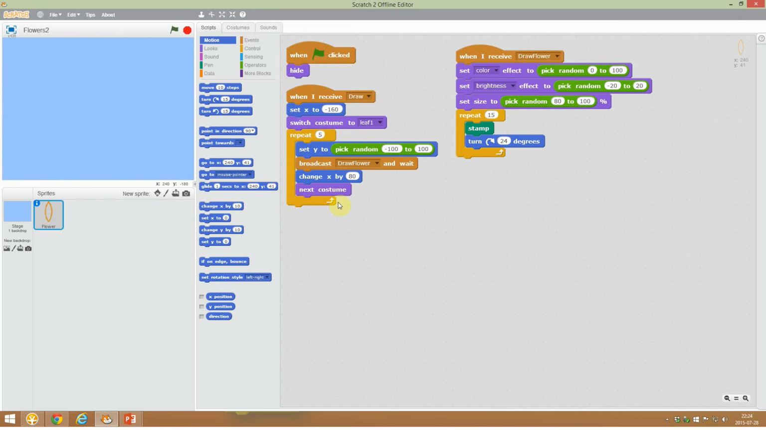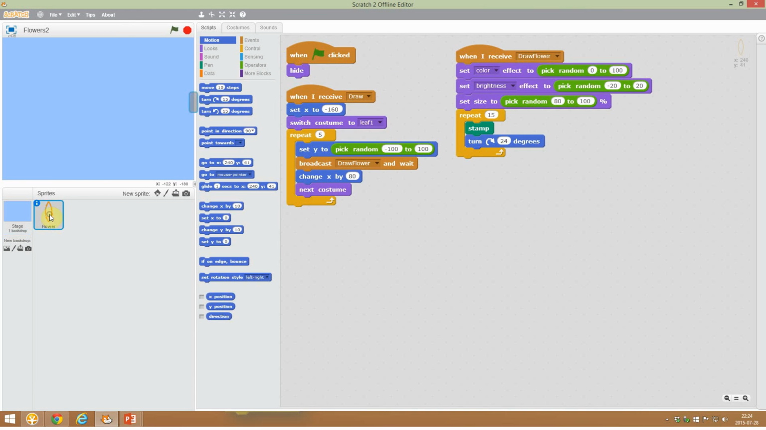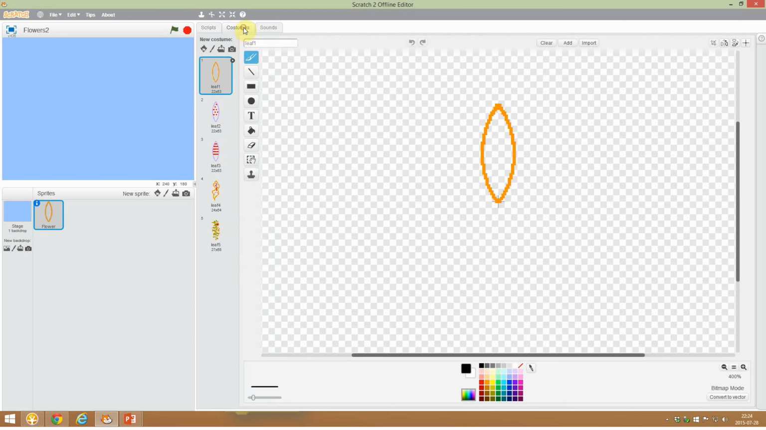Okay, so we have flowers sp2 loaded. Again, on the stage we have the same script. When the stage is clicked, we clear and we broadcast a draw and wait. Now we only have one sprite, and if we have a look at the costumes, we can see that this sprite has 5 costumes. So instead of having 5 sprites, each with one costume, we now have one sprite with